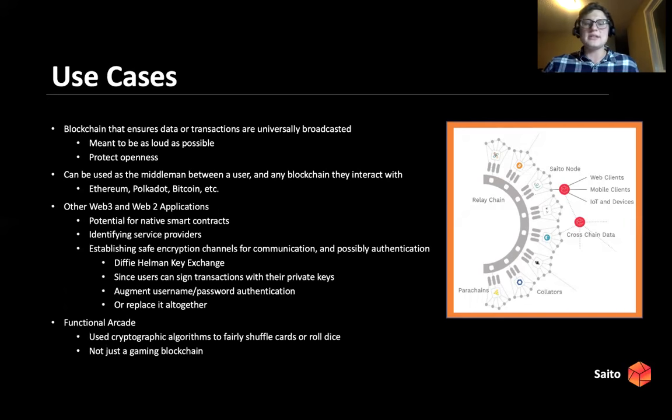Now, I can definitely see Saito being used as a middleman, acting as that network layer where the sharing of transactions is done for many blockchains. It could be that networking layer for Ethereum, for Polkadot, for Bitcoin, and for any of those blockchains that have incentives that are very much geared towards the appending of blocks as opposed to any of those other activities. Now, Saito doesn't also have to be a middleman in and of itself.